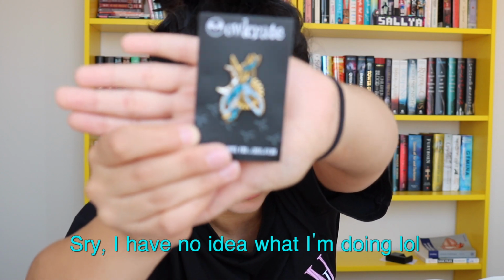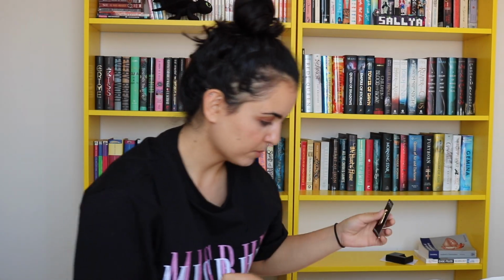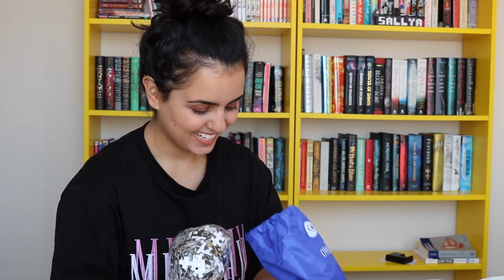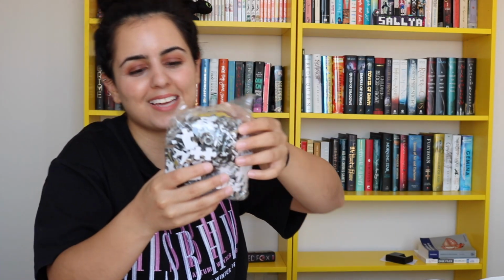Then we have a pin, but it's just a pin with scissors, and then there's like a sun and moon and a ribbon. So we'll go look up what that means when we're done. So we gotta figure out what these two mean. Then we have this bag. Oh shit. What the? Oh shit, yeah, okay,